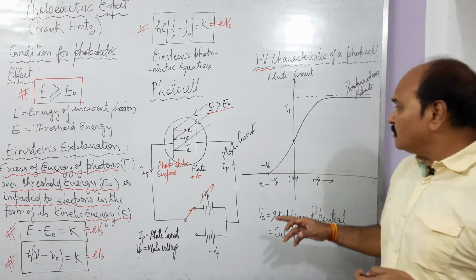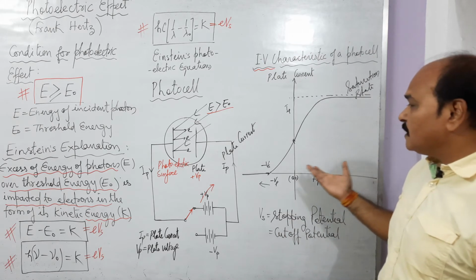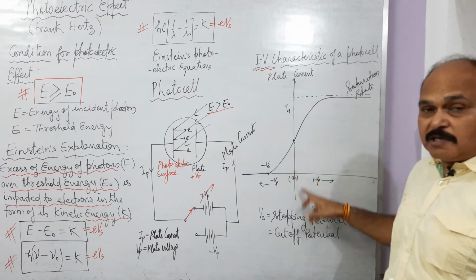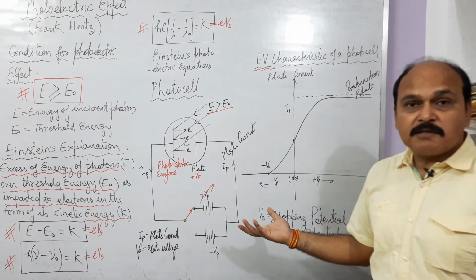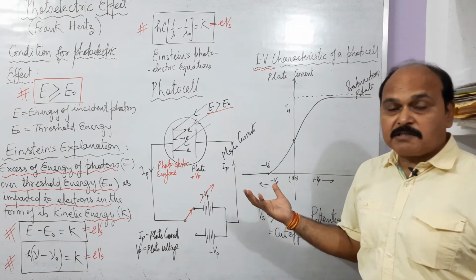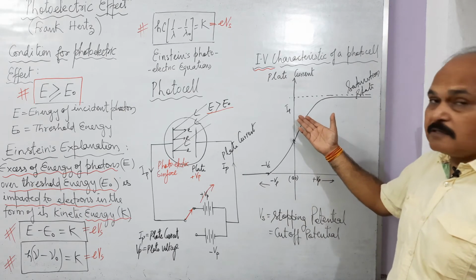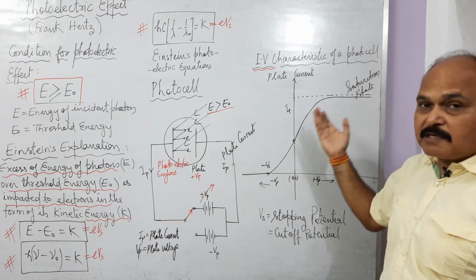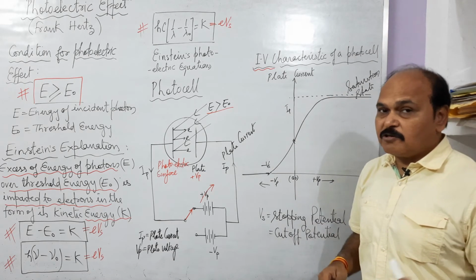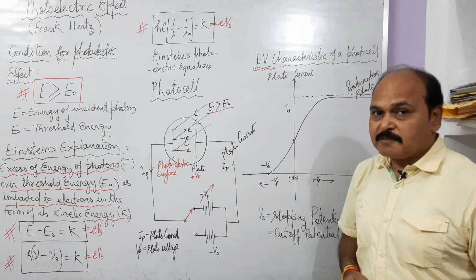Now children, let us know why there is current in the circuit when there is no voltage. When voltage increases, current increases. Why does it increase? And even if it increases with the increase of voltage, why does it become constant? So let us understand the logic of all three observations.